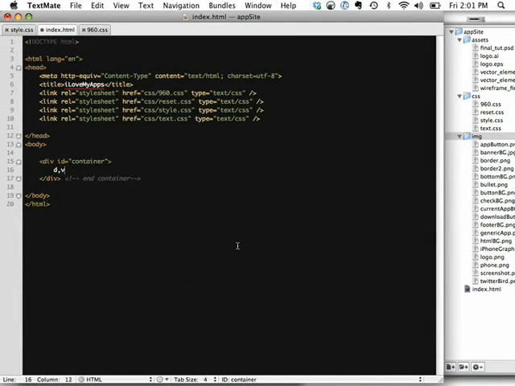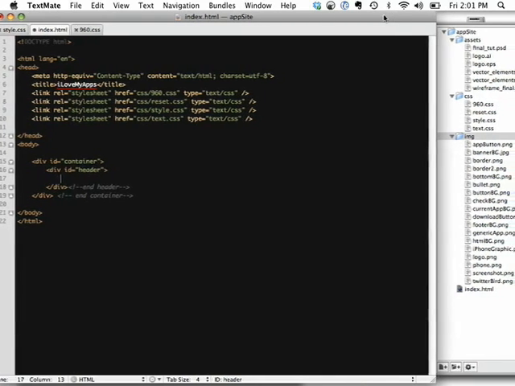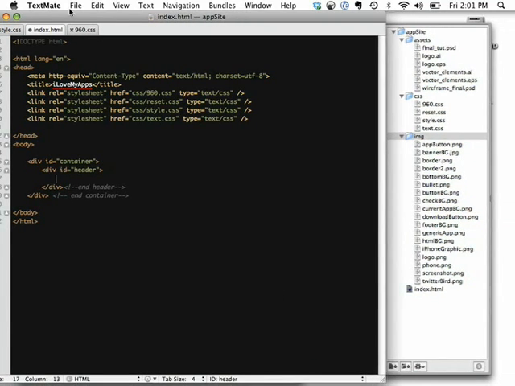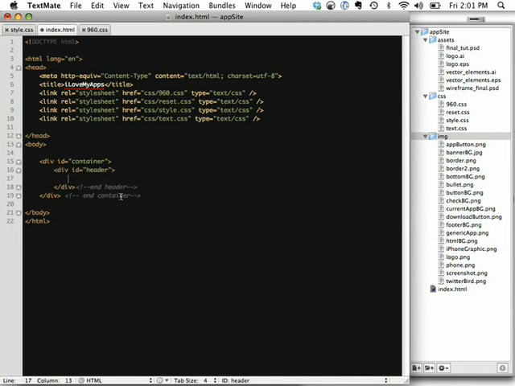Div, header. And within it, we are going to add our logo. So I wish I had a little more room. Why don't we do it like that? There we go. Okay, so we're going to add, we could use image replacement, or we could place it within